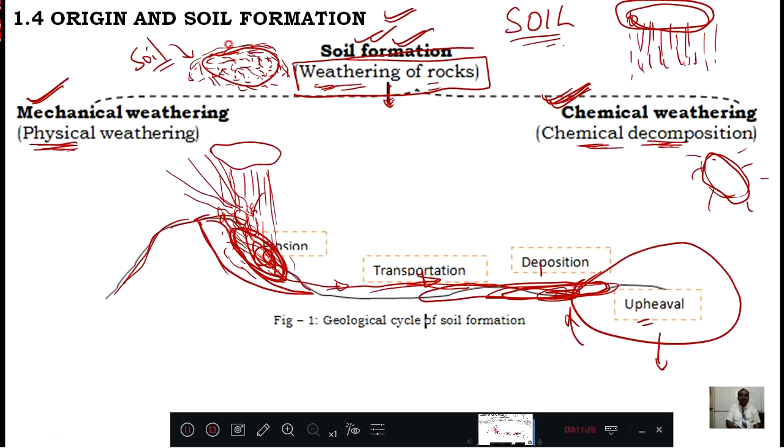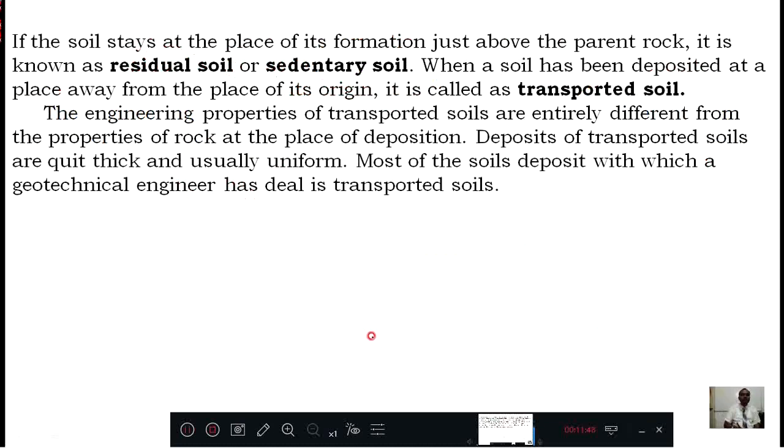Therefore, in this entire soil formation, we will see erosion in the physical weathering, and after eroding, the powder will be transported, and that transported powder will deposit somewhere, and once deposited it will form upheaval again. These are the four stages of weathering of rock. Now I can say how exactly soil is formed on the earth. Now in this process we will classify some of the soil by their action.